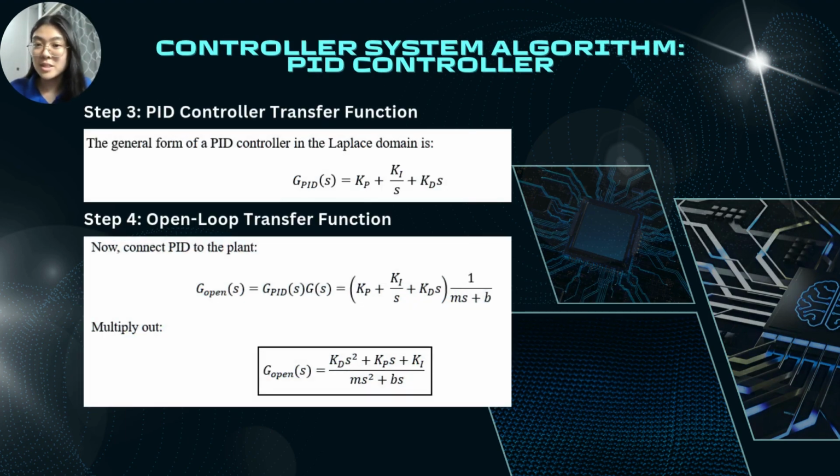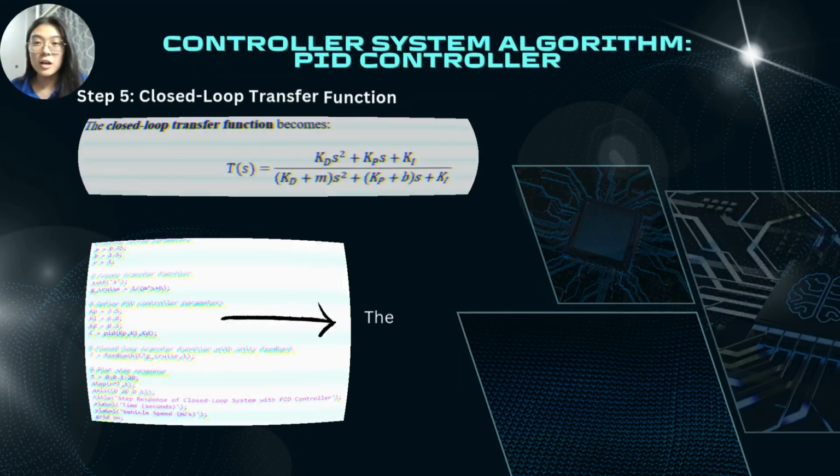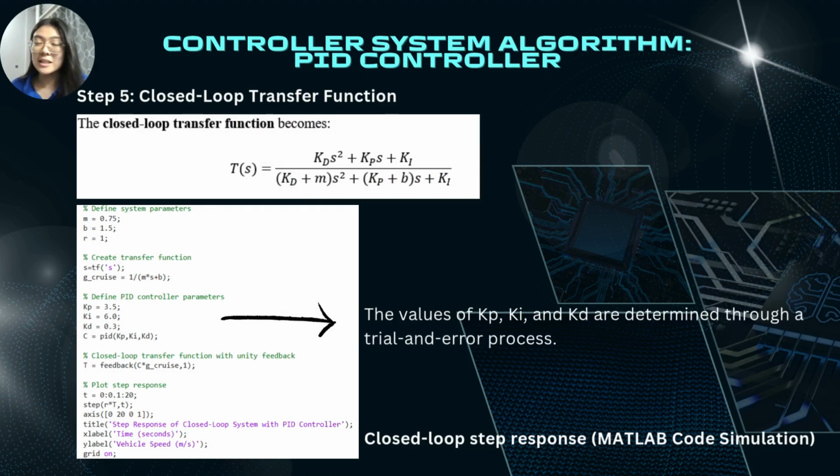After determining the performance specification, we will continue to find the PID controller transfer function. Here is the general form of a PID controller in the Laplace domain. For step 4, we will continue to derive the open-loop transfer function of the PID controller. For step 5, we continue to find the closed-loop transfer function in order to find the closed-loop step response